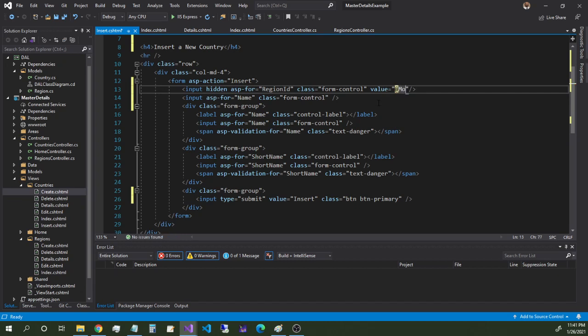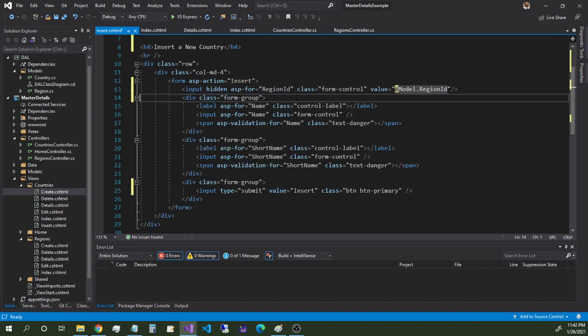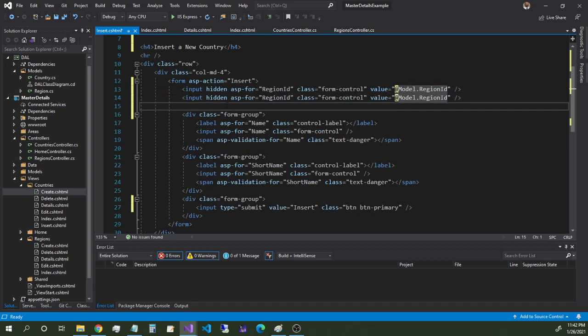add model dot region ID. Okay, then let us get rid of this. Let us copy that. Easier to modify, because that one is also hidden, and this one will be for the ID itself. So the ID itself actually is going to take a value of 0 because this one is a new country. So new country should have 0 value,